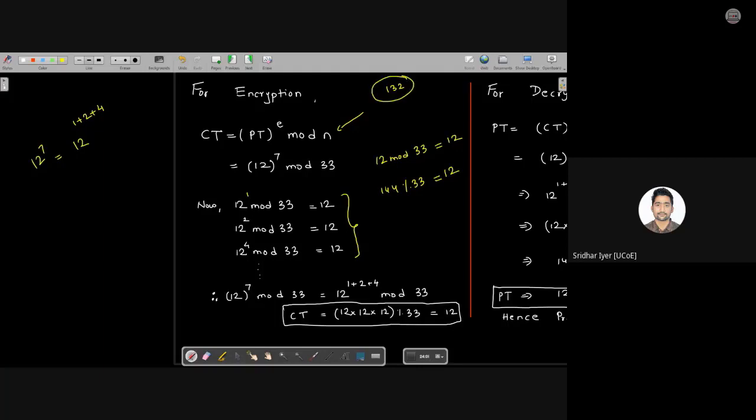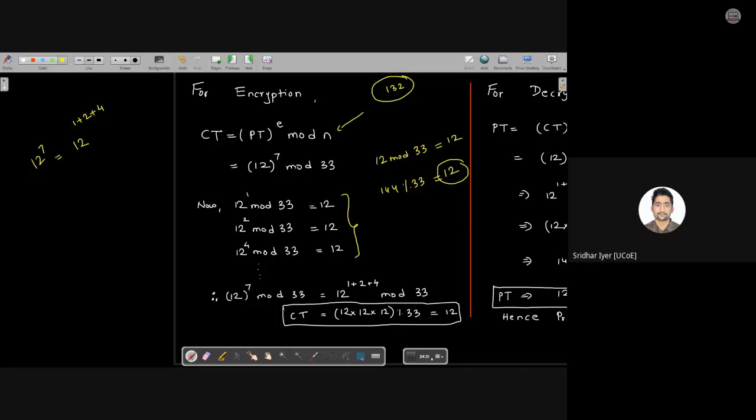Similarly, if we go for 12 raised to 4 mod 33, again, once you get the answer as 12, if you square it, the same answer is going to come, yes or no? Kindly let me know the answers. Is it clear? Because once you get 12 again, even if you do it 4 times, 10 times, 5 times, the answer is going to be 12 only. Yes or no? Because you got the answer as 12. If you square 12 it will remain the same. If you do 12 four times it will remain the same. Correct? So that is what you're going to get the answer as.